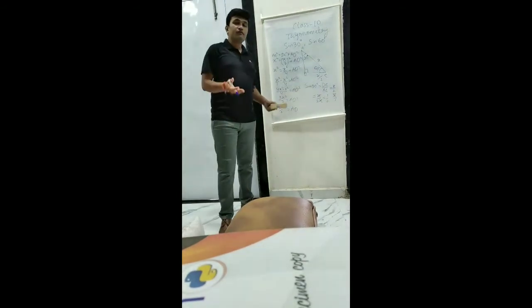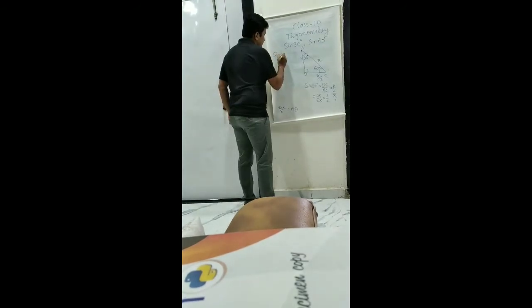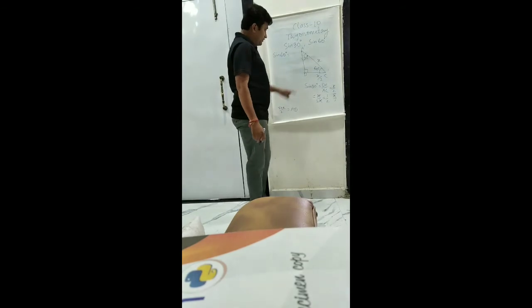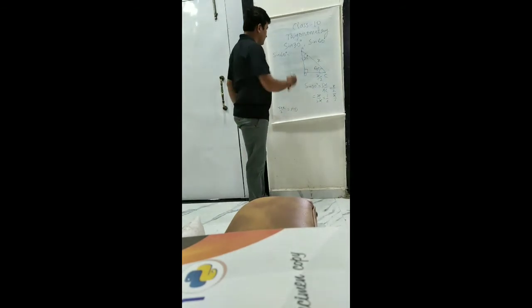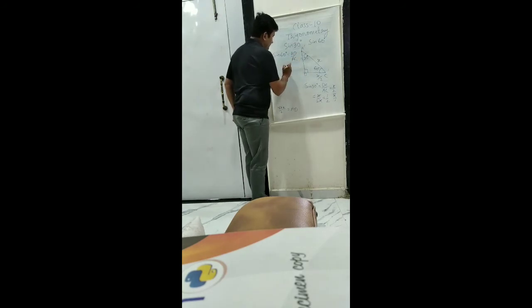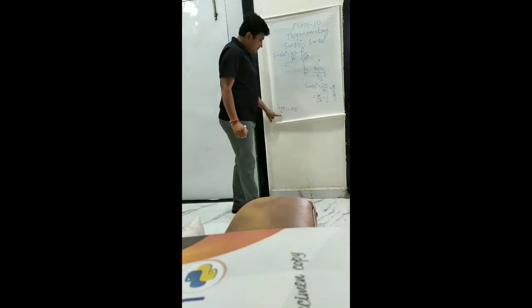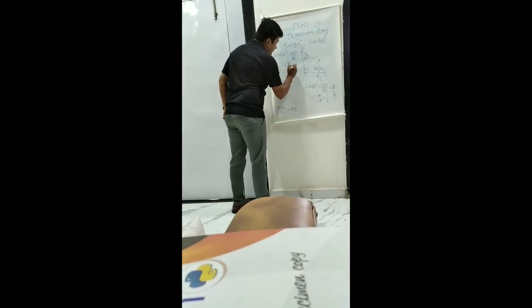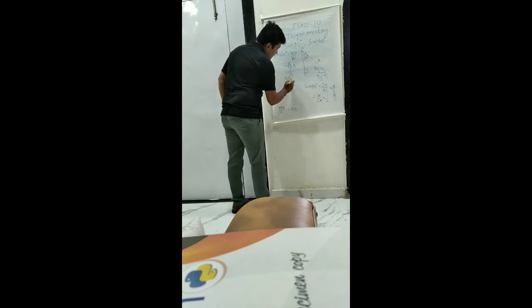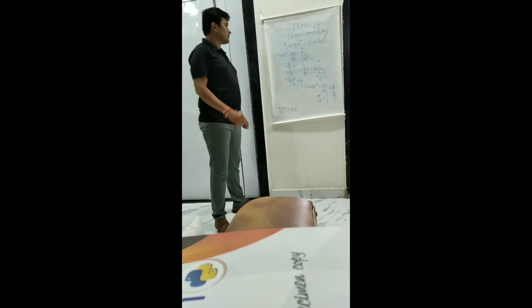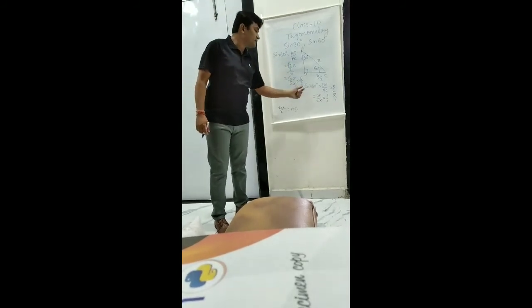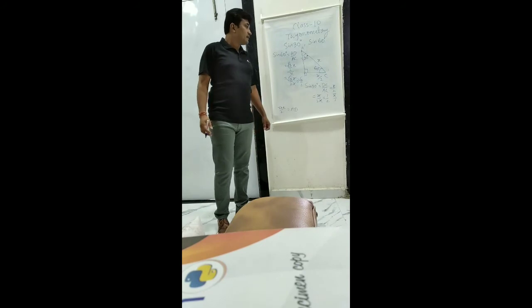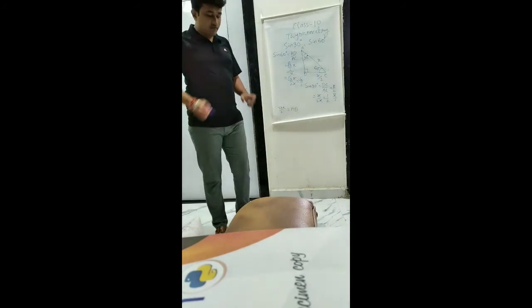Now next I am going to show you the value of sine 60 degree. Sine 60 degree, again perpendicular upon hypotenuse. Now 60 degrees here, so this is the perpendicular AD upon hypotenuse AC. Now AD length we have found, it is root 3 by 2 x, upon AC length, which is x. So this will be root 3 by 2 x upon x. So this is root 3 by 2. So in this way we are getting the sine 60 degree value as root 3 by 2. So here for 30 degree and 60 degree we have found the values of sine.